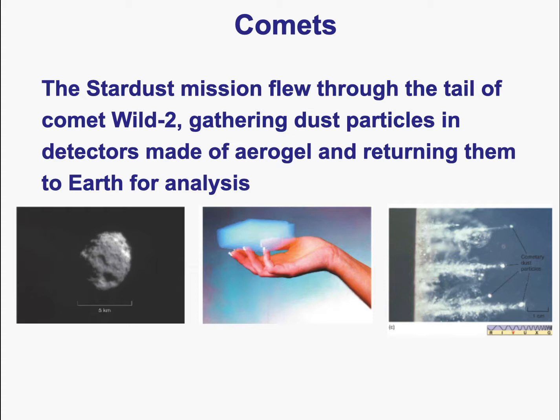And it's very light, but it can stop the stream of particles flowing away from the comet. So the spacecraft actually flew through the tail, and we picked up cometary dust particles, and we were able to confirm how much water it has, and how much hydrogen and carbon and silicates and things like that. And it matched what we found for other solar system objects, but obviously comets are more water, more ice than